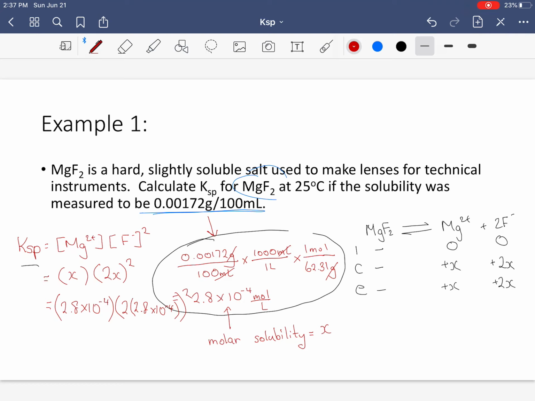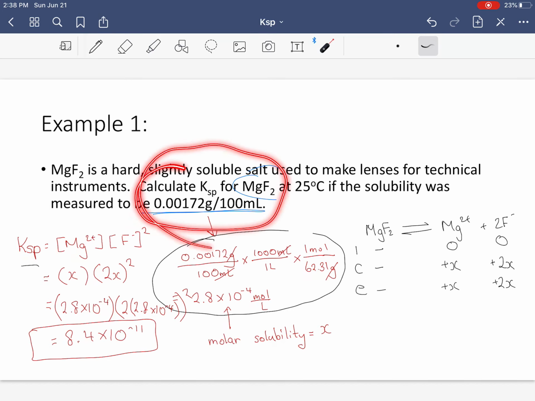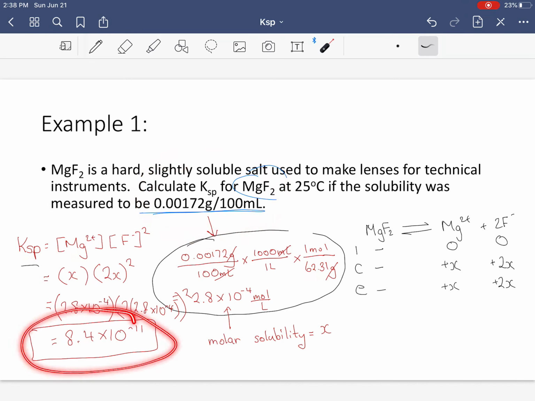Okay, and let me just take out my calculator and it will be 8.4 times 10 to the power of negative 11. So I just turned solubility point into a Ksp value that scientists publish in any sort of constant literature,